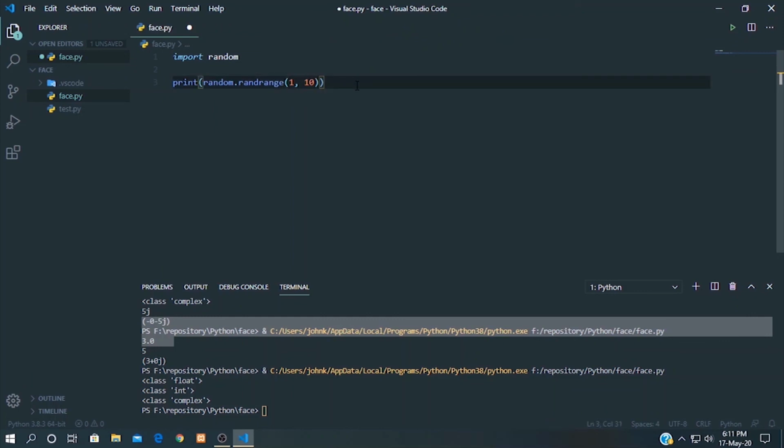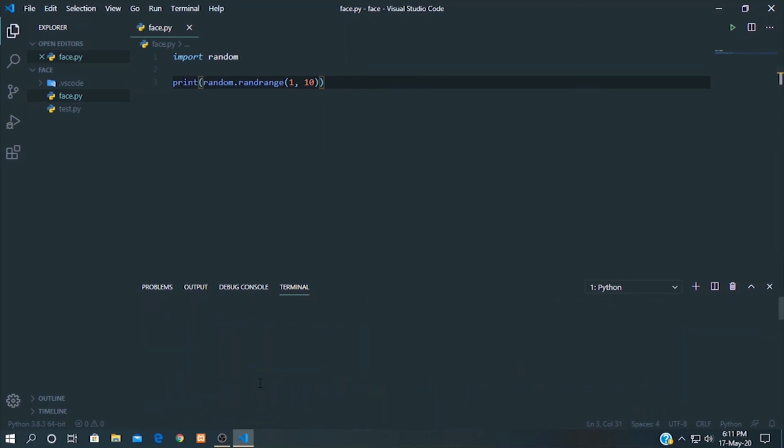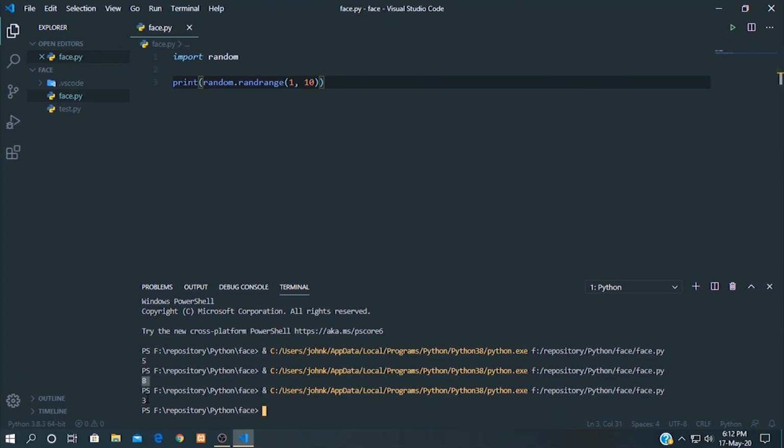So let's see. Okay, let's clear this. Random number 1 to 10. We can see 5. Let's run again. It says 8. Let's run again. It's 3.